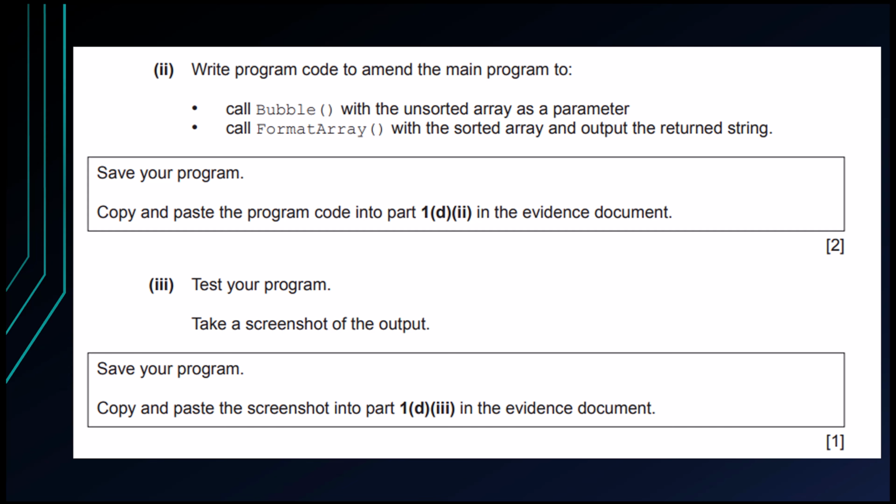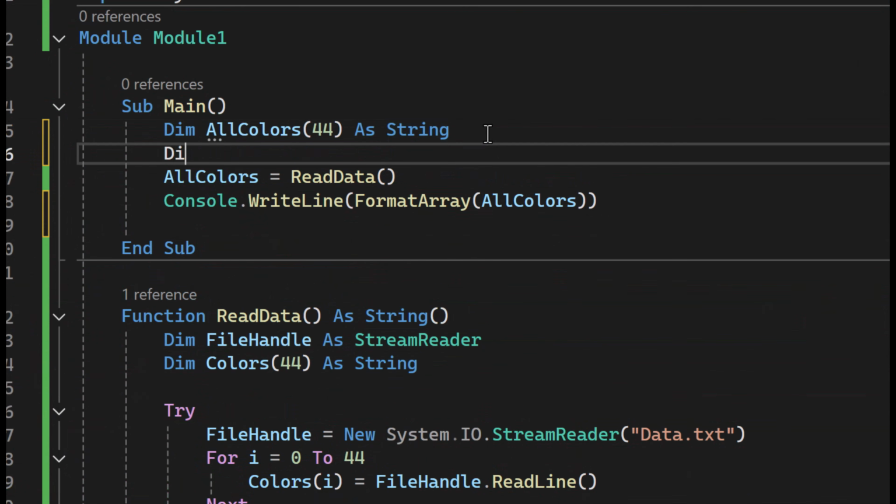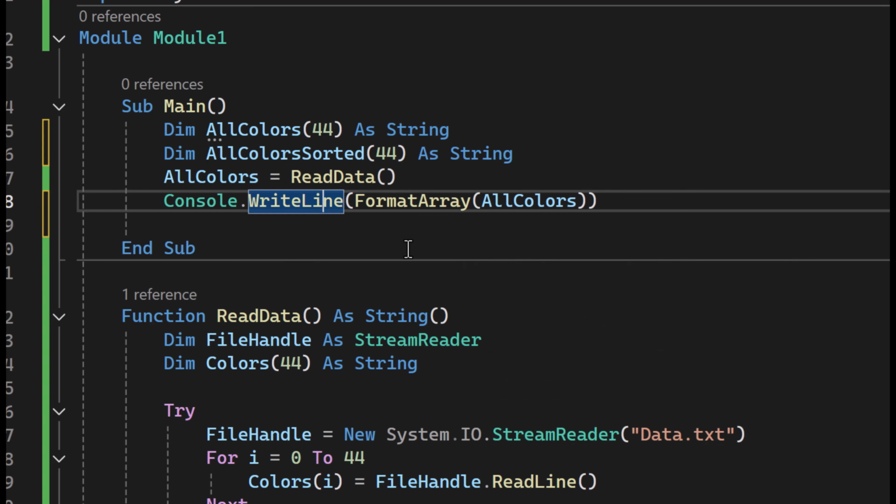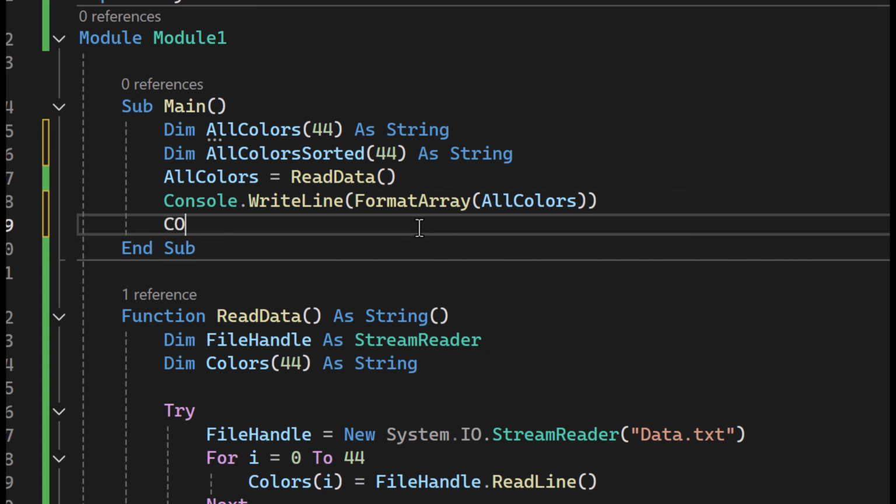Let's swing over to vb.net and make those calls. All right, we're back in sub main. I need all colors sorted. I need another array here. Make that 44 as string. Then I'm going to leave the original lines in there. Then I'm going to do